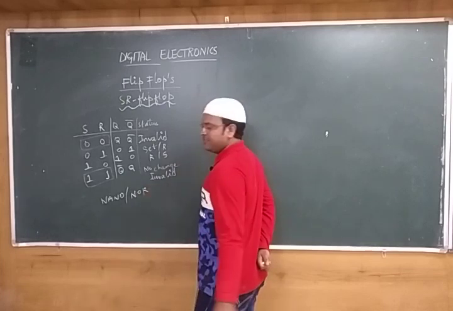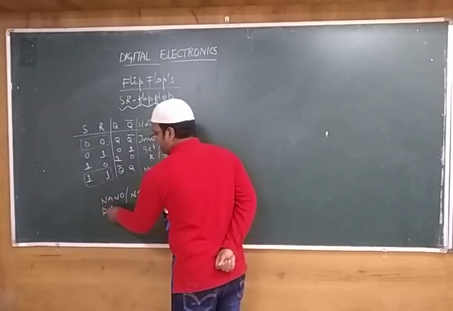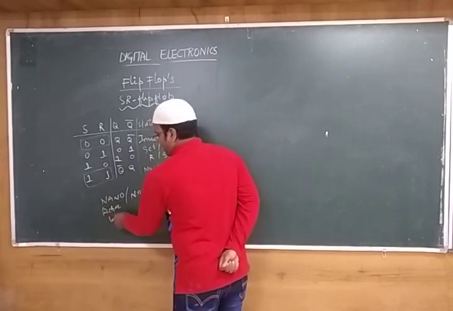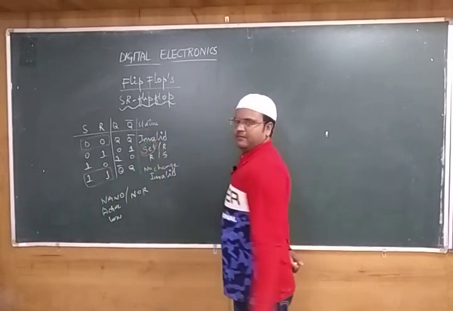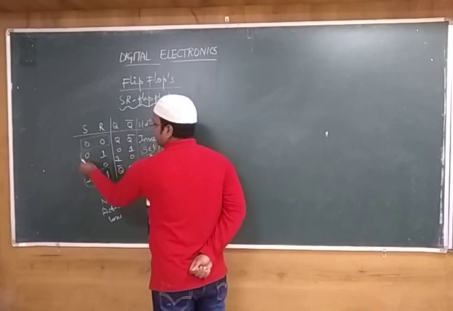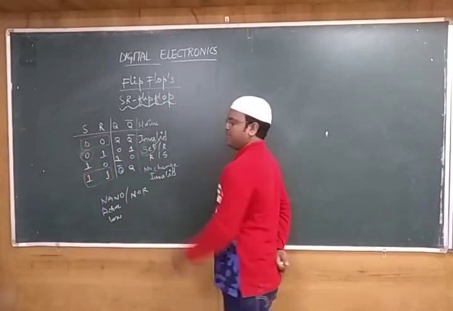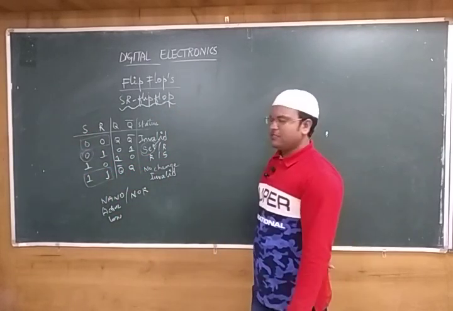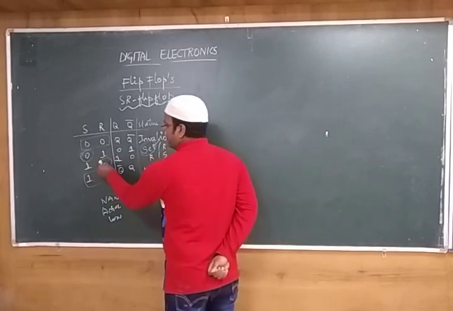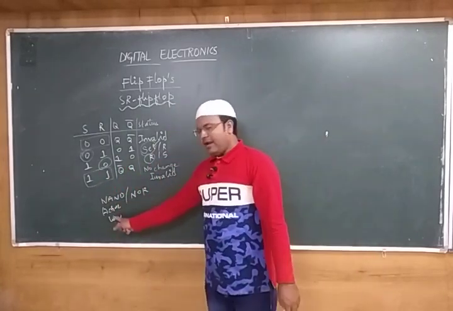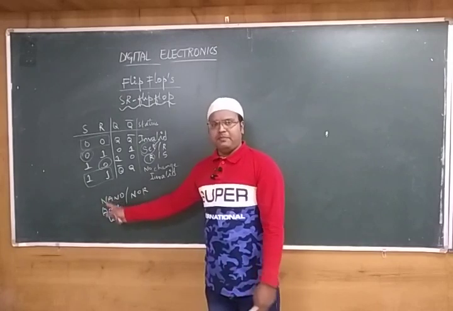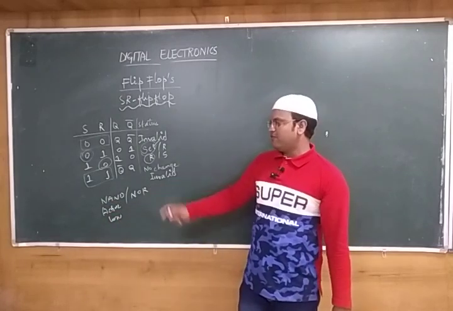So NAND gate is considered to be the active low, in which if it is given logic 0, then you will get the set. So as you can see here, for set it is 0. So this is called the set condition. For active low pins, it is going to activate. Similarly, for reset, it is going to work for reset. This is for NAND gate approach. So we have seen that complete part, how it is going to work and all those things we have covered.